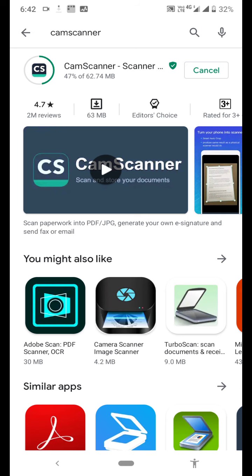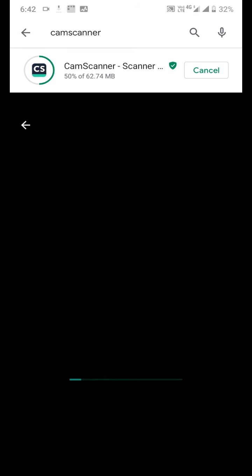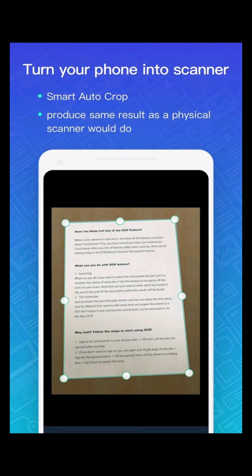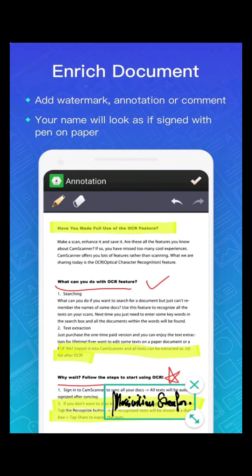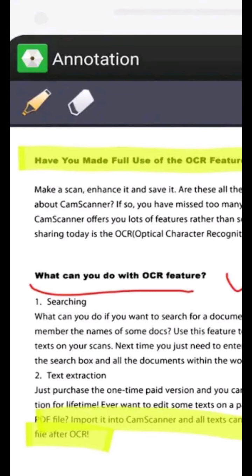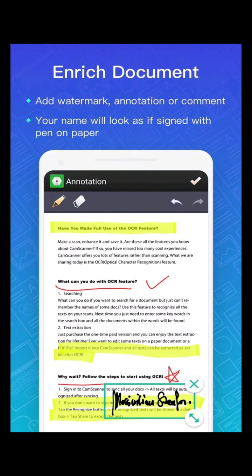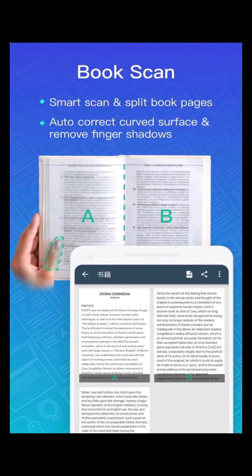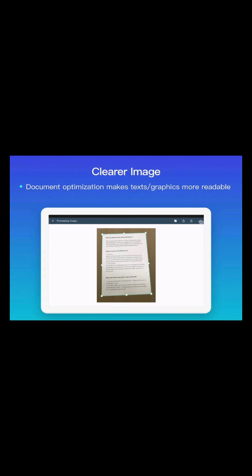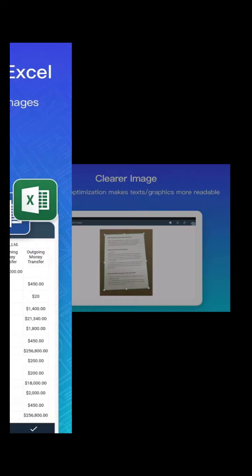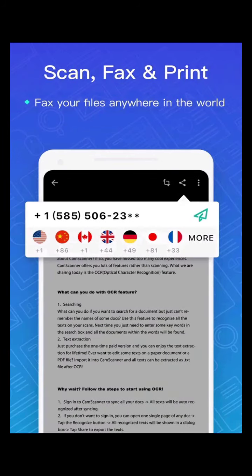I'll show you some of the images given here. You have to take a picture of what you have written, crop it, and save it as a PDF. That's it. The teachers who want to correct your work can correct it with editors, so this will be helpful for them to correct your answer scripts. It can even be converted into Word or Excel. That is the important thing in this CamScanner.